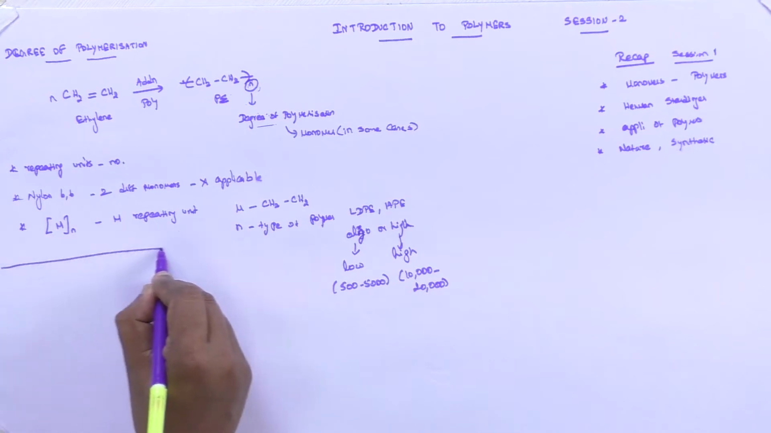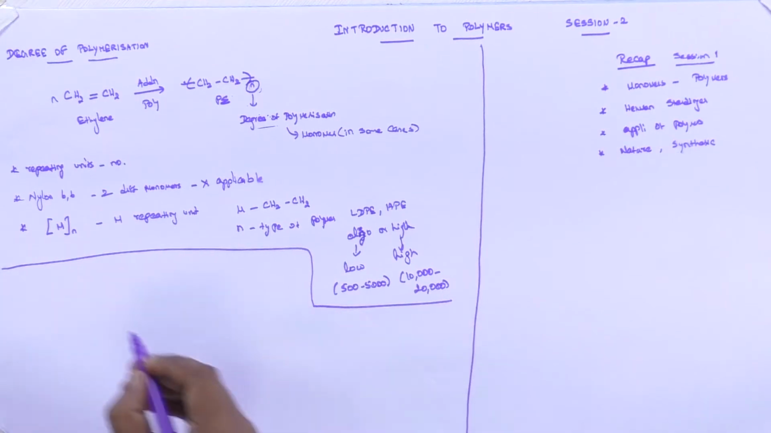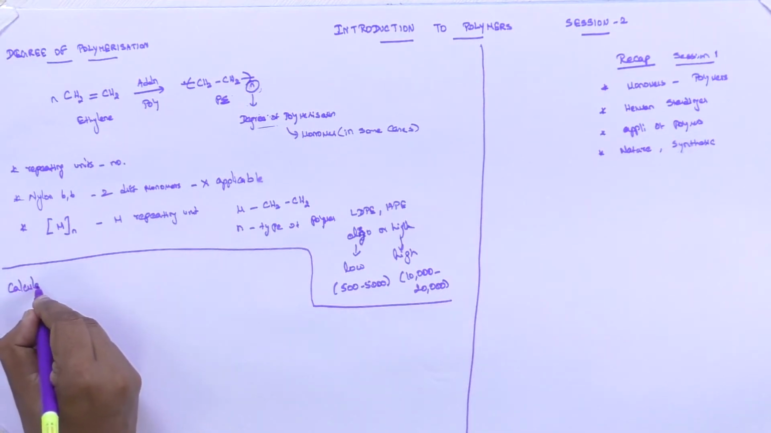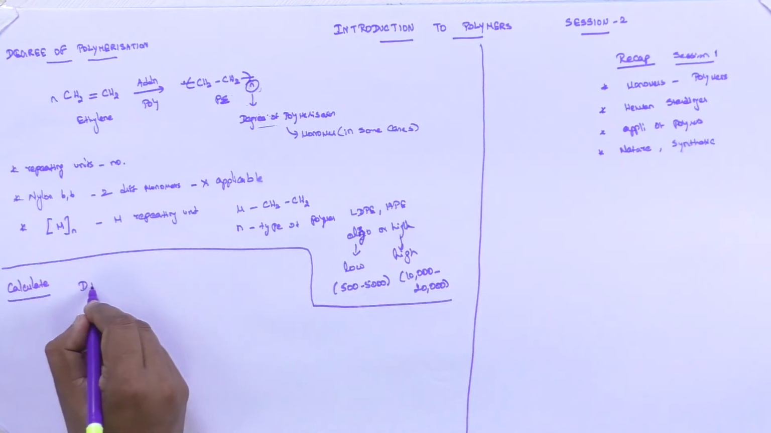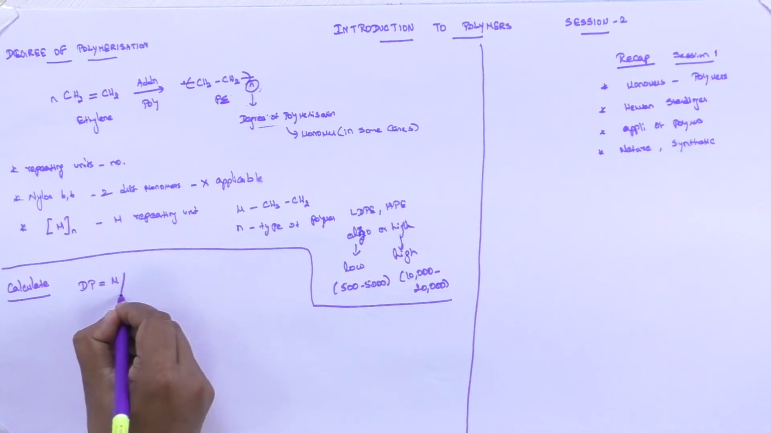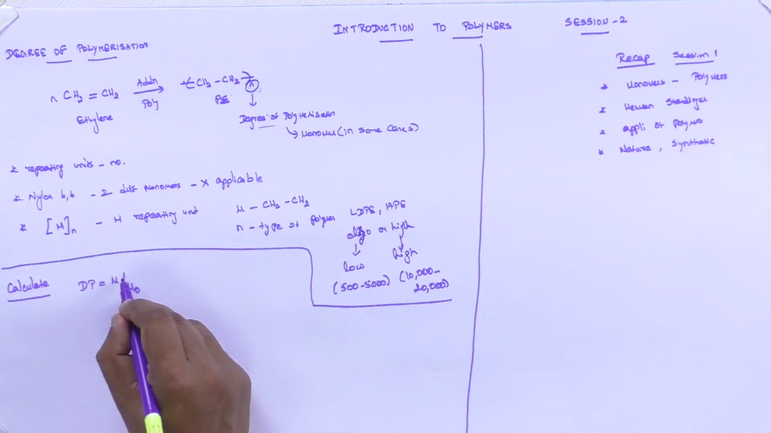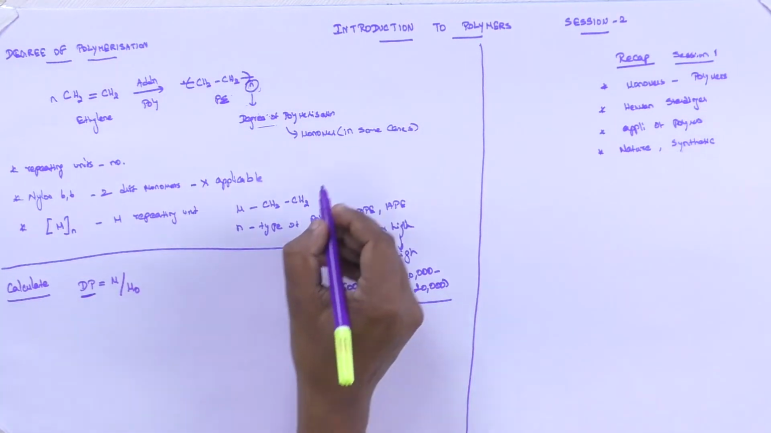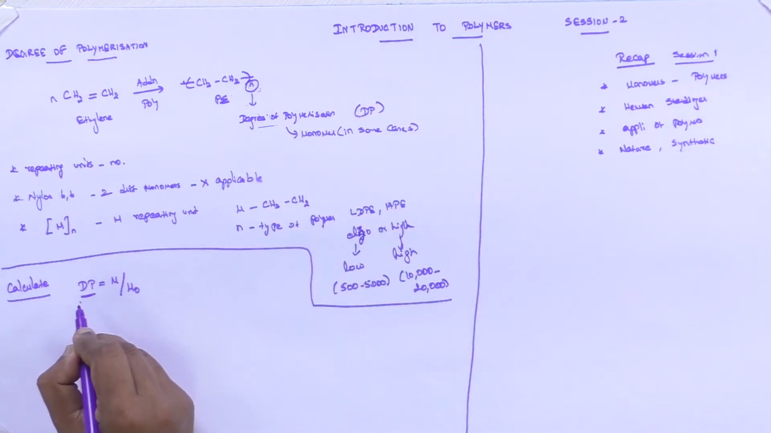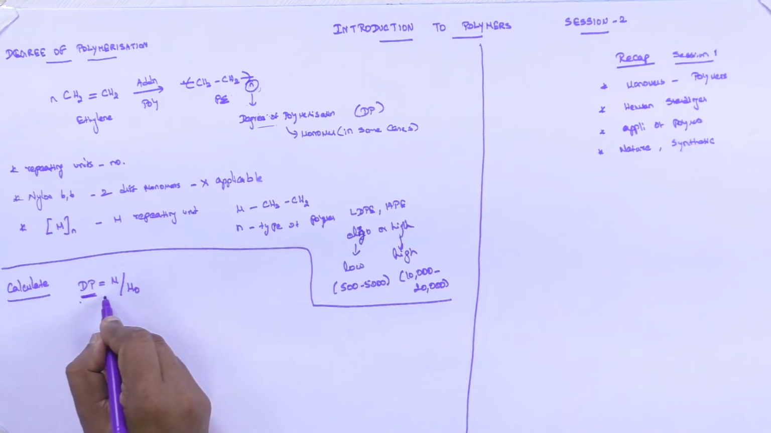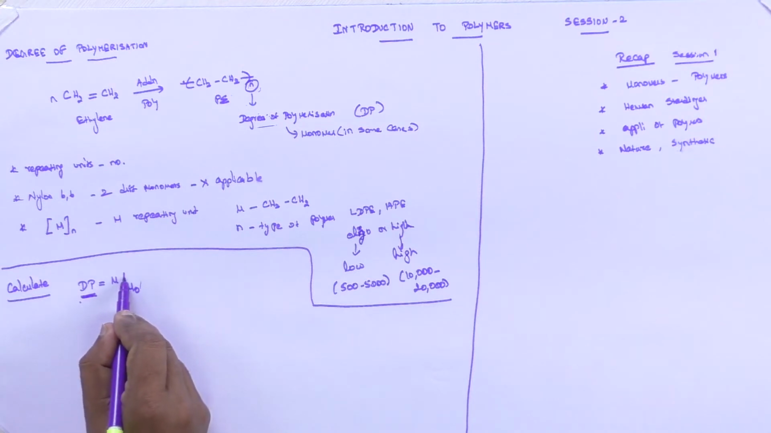Now, let us see how to calculate the degree of polymerization. A polymer sample usually consists of a distribution of chains with different degrees of polymerization. Therefore, an average value must be taken while determining the dP, which is the degree of polymerization. The degree of polymerization can be calculated by using this formula, where dP is equal to M by M naught,